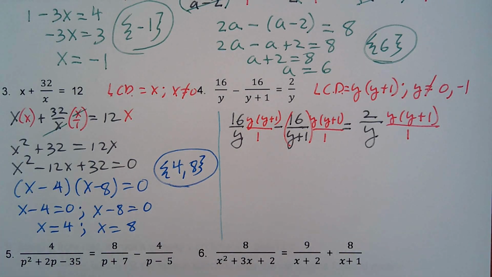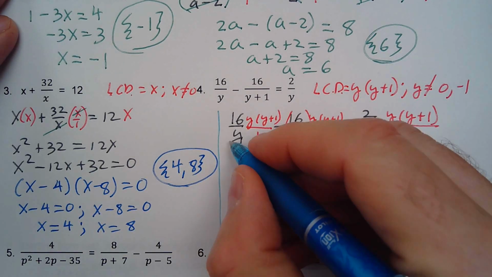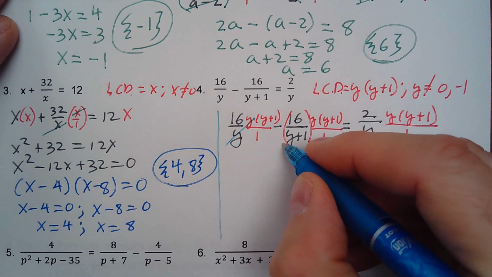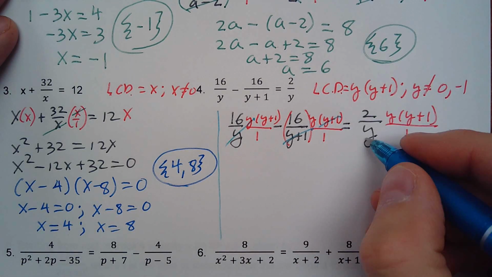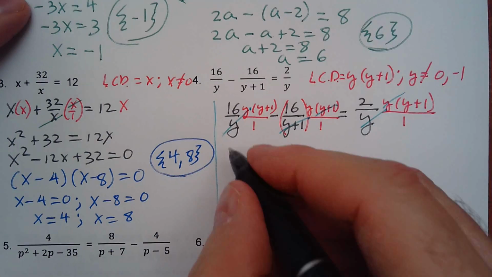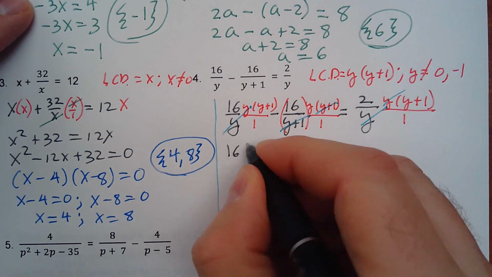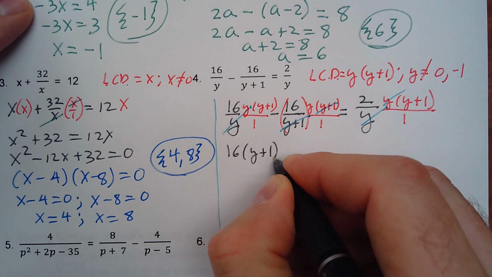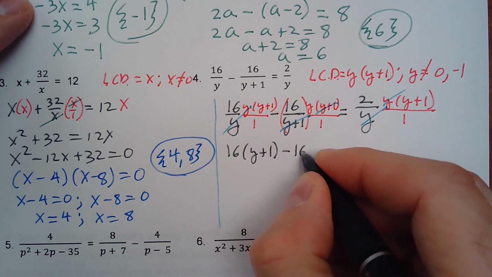And then we want to divide out the common factors, so the y's divide out, the y plus 1's divide out, and the y's divide out here. So my leftovers here would be 16 times y plus 1 minus 16y